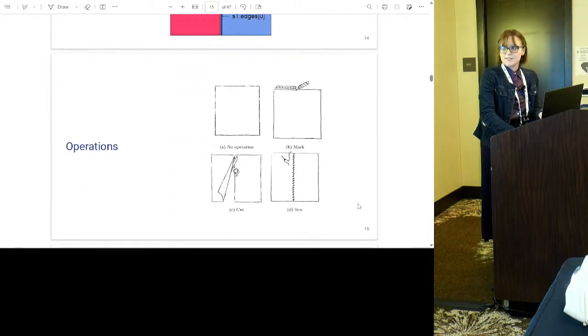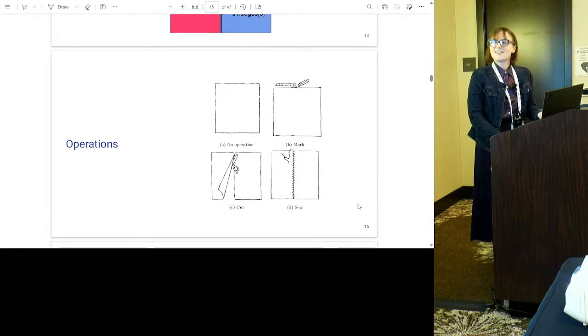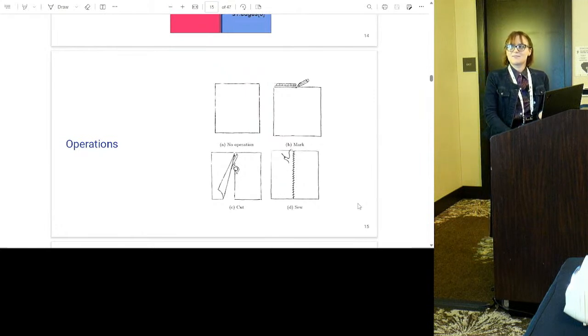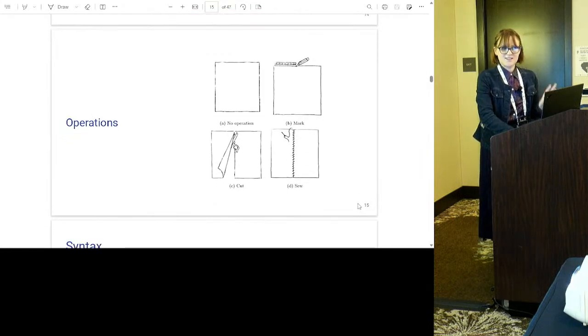Our sewing operations are used to basically transform our simple shapes into complex shapes, and sometimes vice versa. These are inspired by the types of actions that you would do in the process of constructing a quilt. So no operation, obviously you're not doing anything, you're just leaving your piece of fabric as is. You want to measure your fabric so that you know what your end result is going to be once you actually do something to it. You can cut fabric and you can sew fabric. Those are what most things that you do in sewing boil down to, which is very convenient that it's only 3. That's a great number.